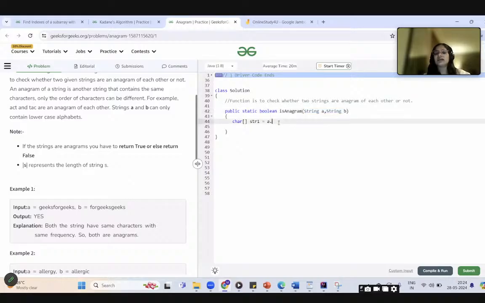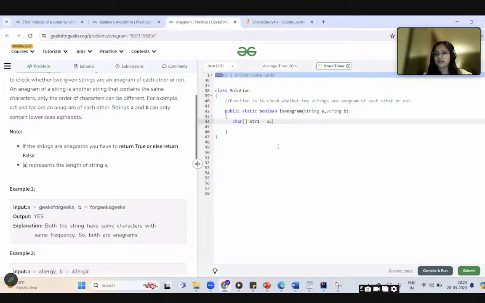Now, first step was that we are using the basic data structure arrays. So we will convert this to character array. There is an inbuilt method in string. If you are doing it on an IDE, on IntelliJ or some other IDE, you will see that as soon as you put a dot here, you will see inbuilt methods of string, right?